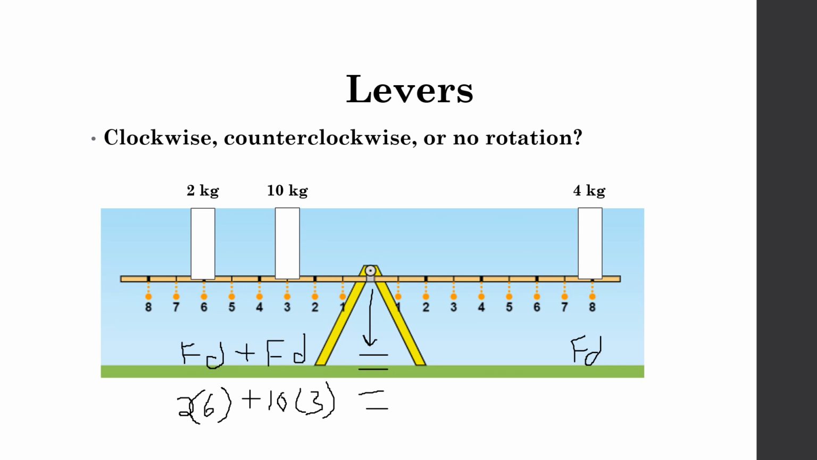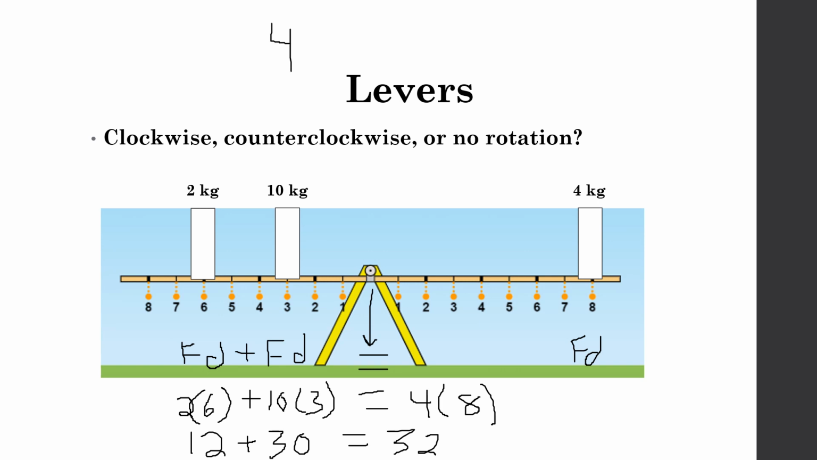Here, the weight is 4 and the distance is 8. Let's see where this goes. 2 times 6 is 12. 10 times 3 is 30. Does that equal 4 times 8? What is 4 times 8? 32, maybe? So 42 does not equal